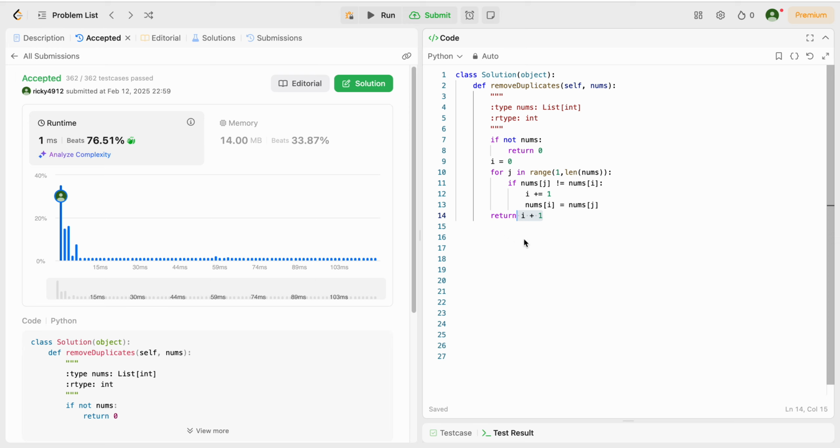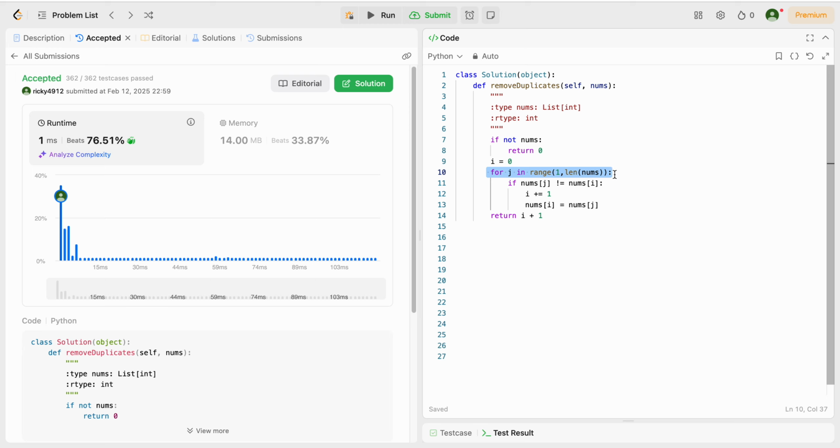So now that we understand how our optimized two-pointer approach efficiently removes duplicates in place, let's break down its time and space complexity. The time complexity is big O of n, since we're only going through it once, as we're seeing here, only one for loop. There are no extra sorting steps, unlike the brute force approach. The operations within the loop, the if comparison, pointer movement, and overriding nums[i], all run in constant time, big O